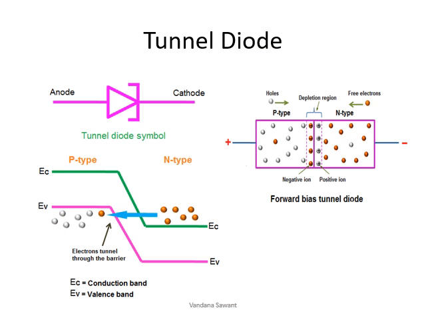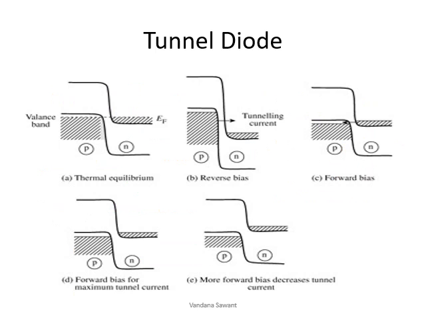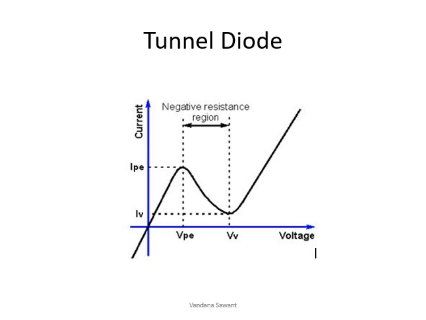Then another diode is the tunnel diode. All of you are aware of the tunnel diode. It creates a tunneling action from the p-type region to the n-type region. As we give the signal, the carriers from one region will tunnel to the other region. All of you know that. You can read it from your books, or you can refer to the notes for this. It also operates in a negative resistance region, so it can also be used as